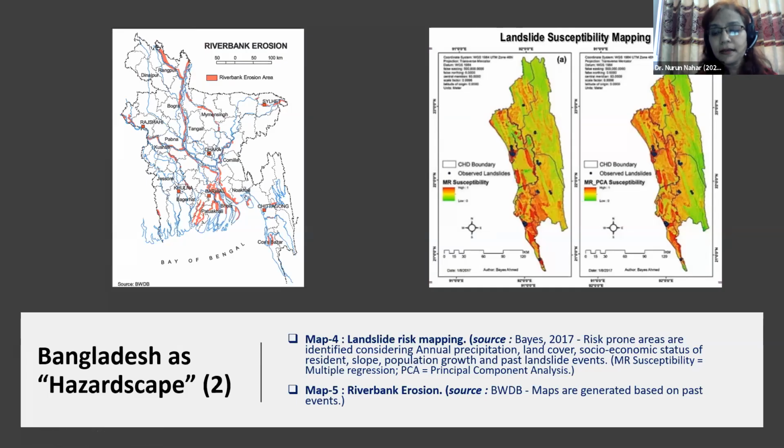From the Planning Commission, what we want to do is to integrate the risk of these hazards in a more informative and structured way into our systems, our development projects and our national plans. So when we design these projects, they are more sound and the outputs are more resilient.